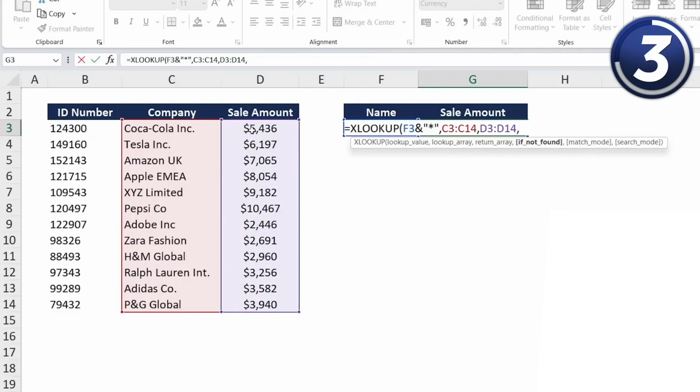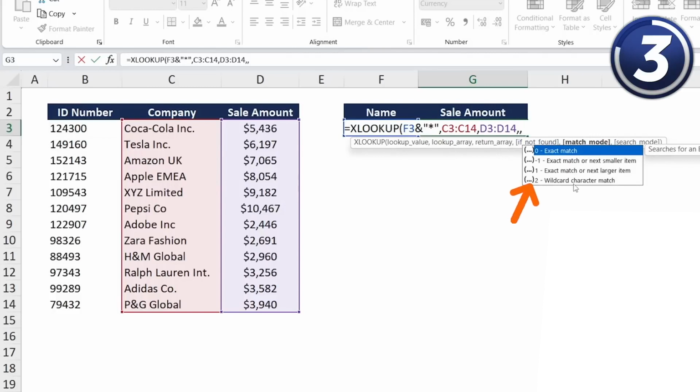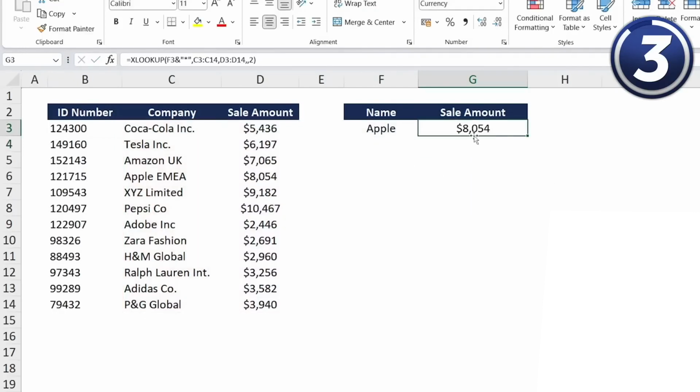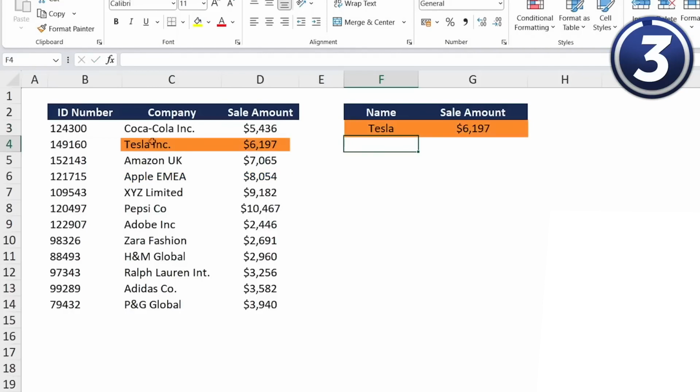And then we need to tell Excel that we actually want to use the wildcard, so under match mode, hit the comma again, you'll find the wildcard character match, which is the one that we want. So hit the 2 there, close a parenthesis, and just hit enter. So we see Apple at 8,000, which seems to make sense. I can also change this to just Tesla, and you'll see that it's going to detect that you're referring to Tesla